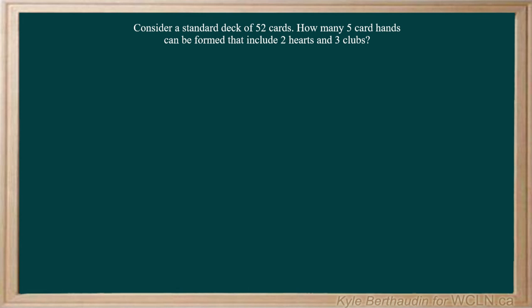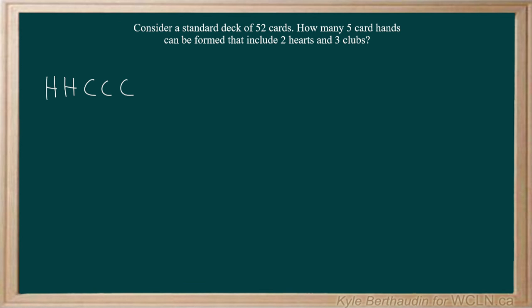Consider a standard deck of 52 cards. How many 5-card hands can be formed that include 2 hearts and 3 clubs? So we're looking for a hand that is 5 cards in total, and in that hand two of our cards are hearts, and then the remaining 3 are going to be clubs. So this is what our hand looks like, and we want to know how many different hands can be made